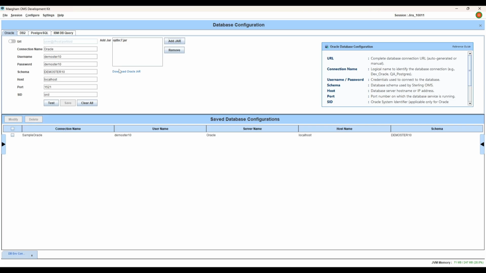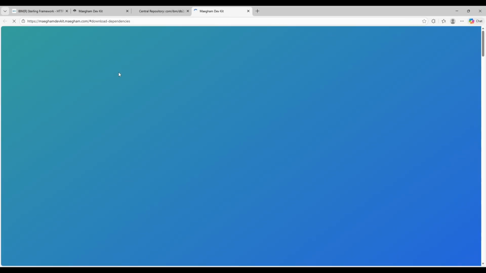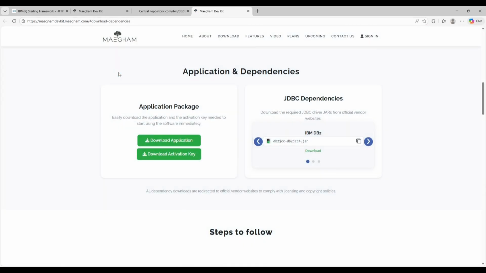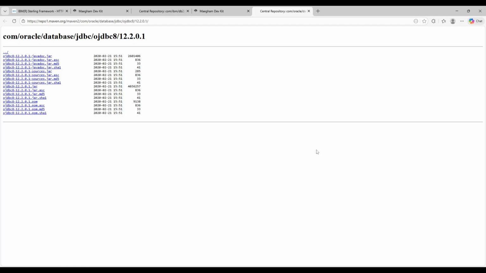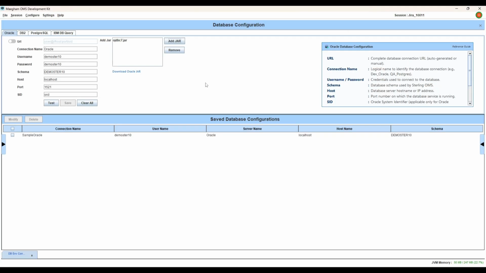We provide the required JAR file on our website. Click the Download Oracle JAR file button. It will redirect you to the website where you can copy the JAR file name. Click the Download option. Search using the JAR name. Download the file. After downloading, return to the Maegham Dev Kit, click the Add JAR button, and select the downloaded